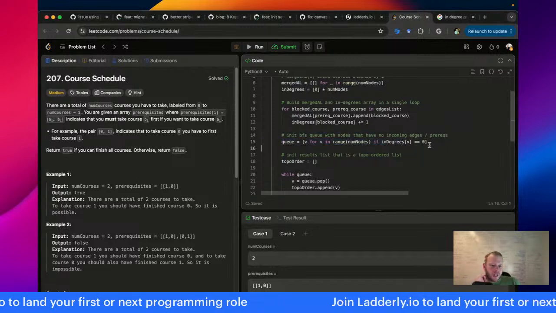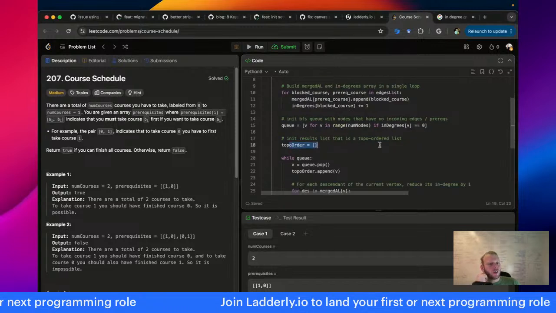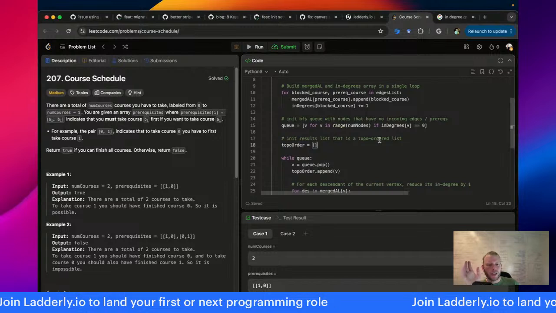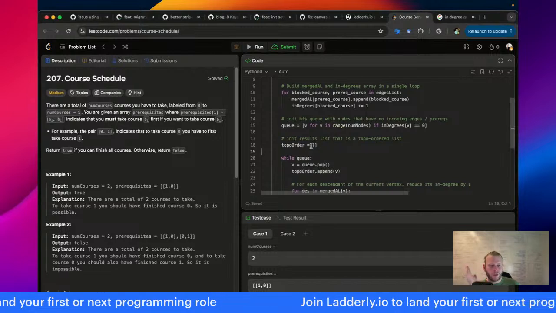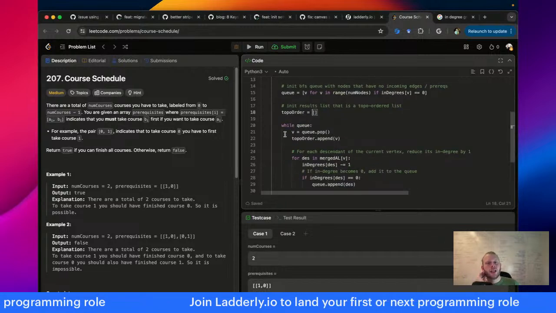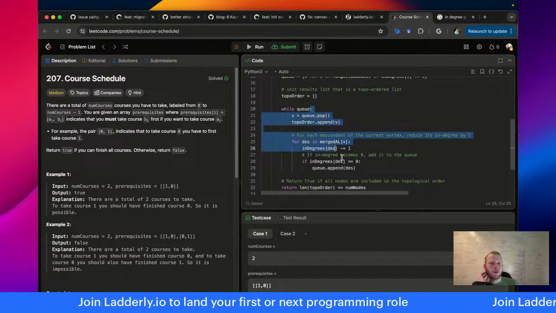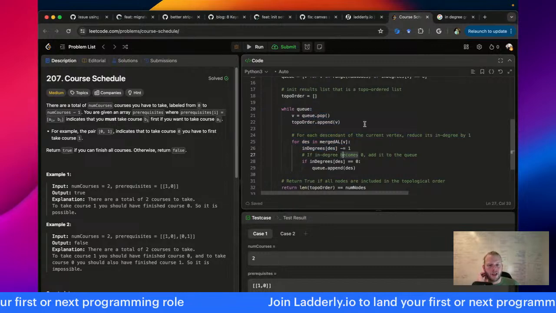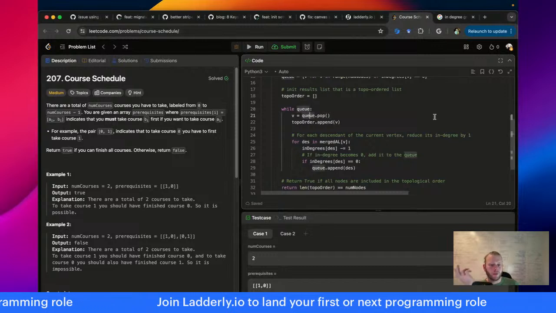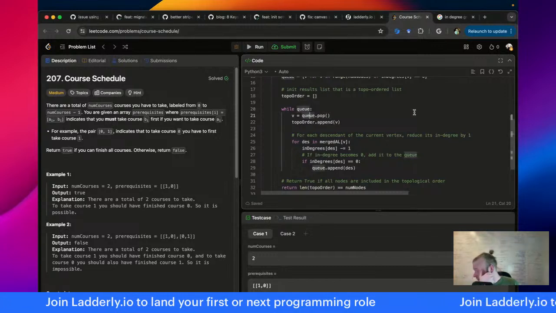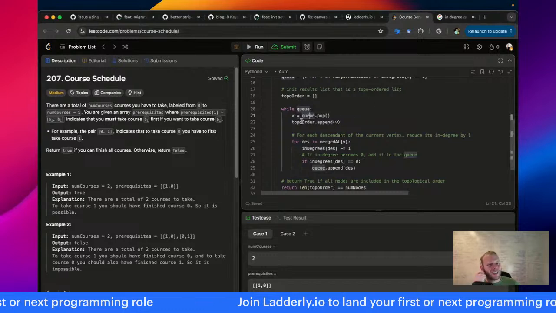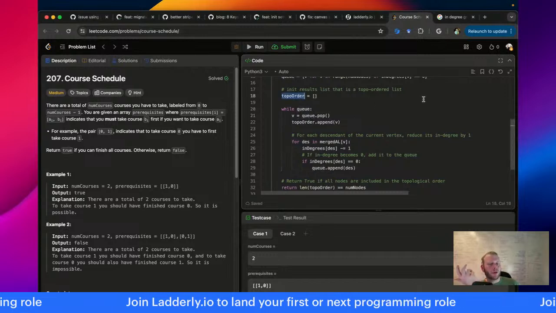So the queue initialization for BFS is pretty straightforward. We create a topologically ordered list, which is a tricky concept, but at least initializing it is super easy. It's just an empty list. And then we loop through the queue. What do we do when we're looping through the queue? It's pretty much autopilot BFS stuff. You pop the first element of the queue. Every time you pop an element out of the queue, you just blindly put it into